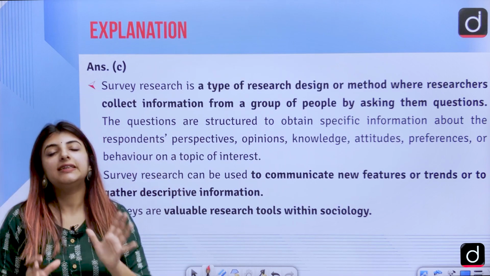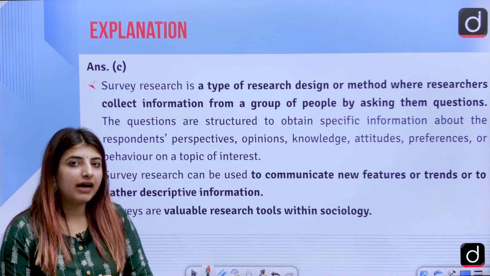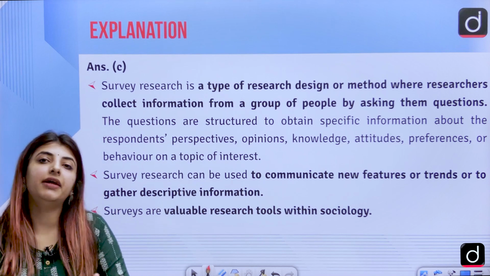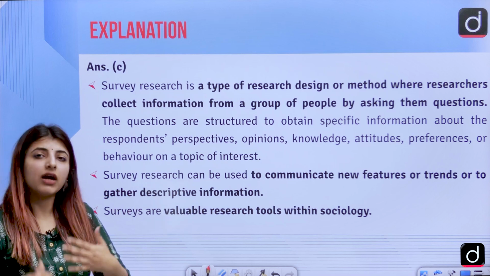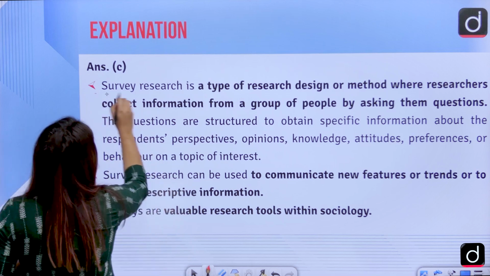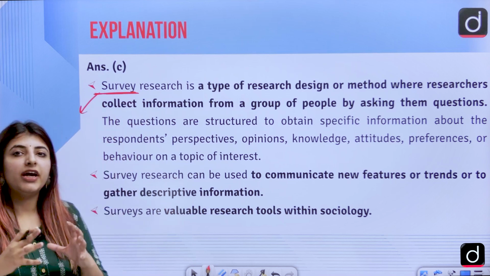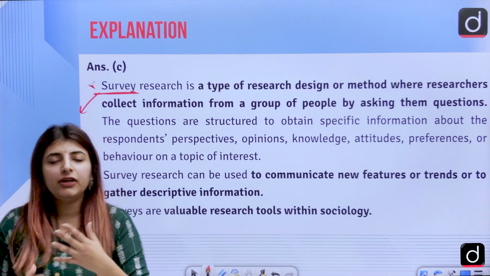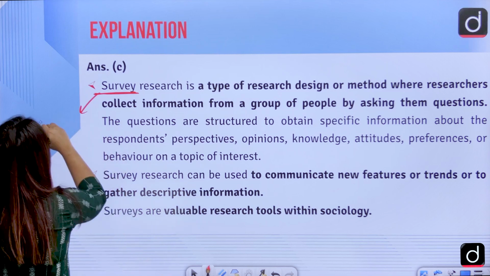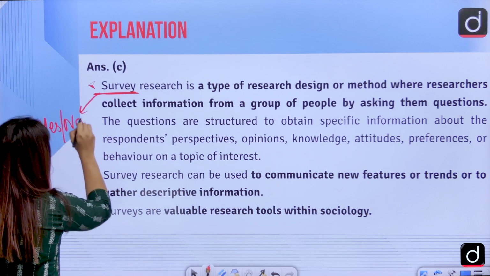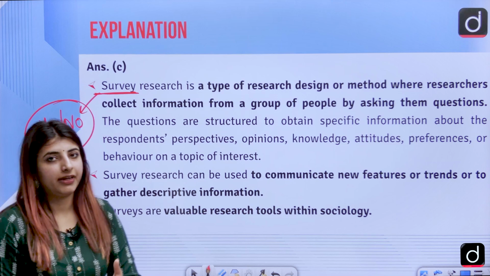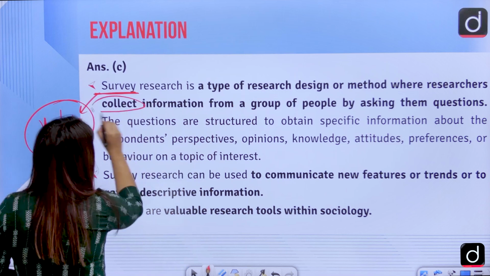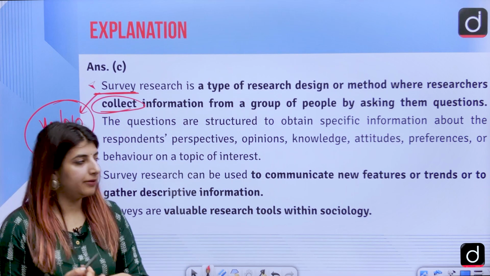So first of all, what is a survey? If we are learning something from the research aptitude unit, we would have come across different methods of gaining data, acquiring data. Survey is something where you ask questions from a particular audience, and then you can make out whether they are liking the product or not liking the product. So you conduct a survey. It's a type of research design or method where researchers collect information from a group of people by asking